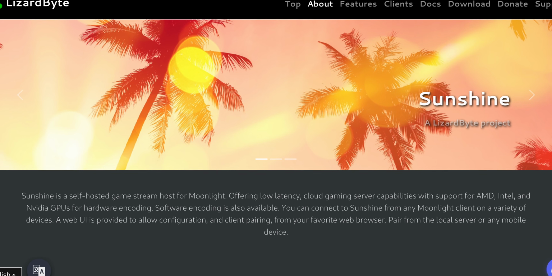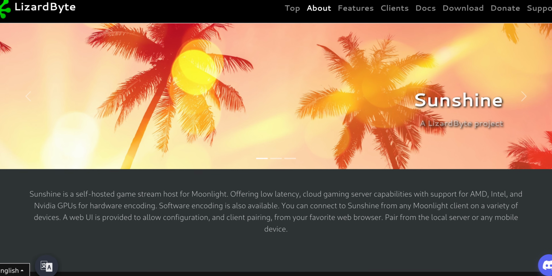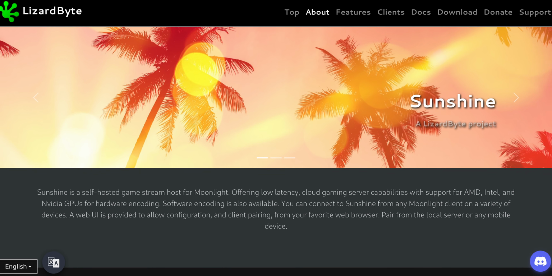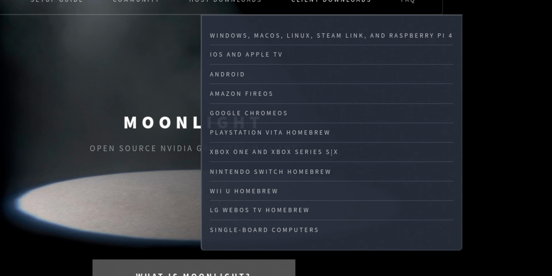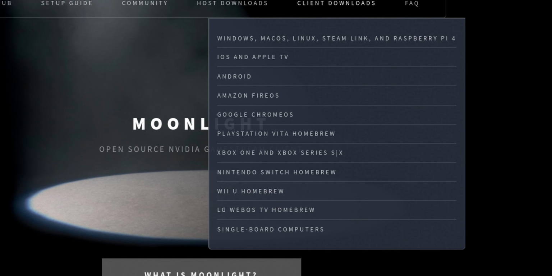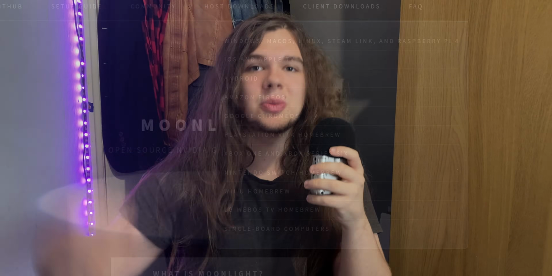If you've looked into remote desktop streaming before, you're probably aware of the software that I'm using for this, but if not, on the host computer, I'm running something called Sunshine, and on the client, which by the way could be basically anything, like an old Android tablet, a Linux or Windows or macOS laptop, a smart TV, a PS Vita, a Wii U, there are many clients. On those, you'll be running Moonlight. Sunshine connects to Moonlight. Moonlight shows what Sunshine is sending.